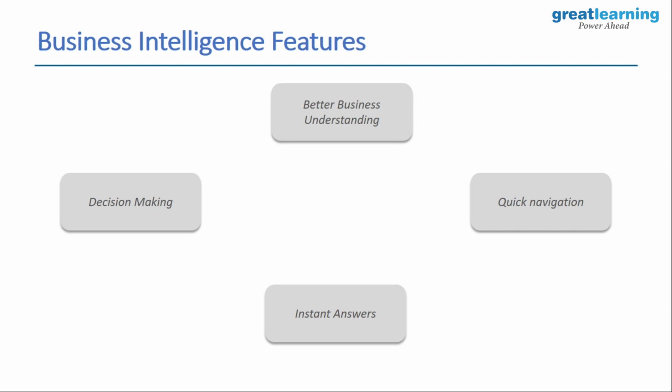Now, this is a very basic example. Again, when you talk about it from an enterprise level, you could be dealing with complex problems where the data is a lot more complicated and the problem statements are a lot more complicated as well. Now, this is where business intelligence comes into the picture, which in turn helps you simplify the overall process of going ahead and putting your data in an order that is understandable by everybody, right? So this is what business intelligence is, and these are the features of business intelligence. I hope that you've understood what business intelligence is.